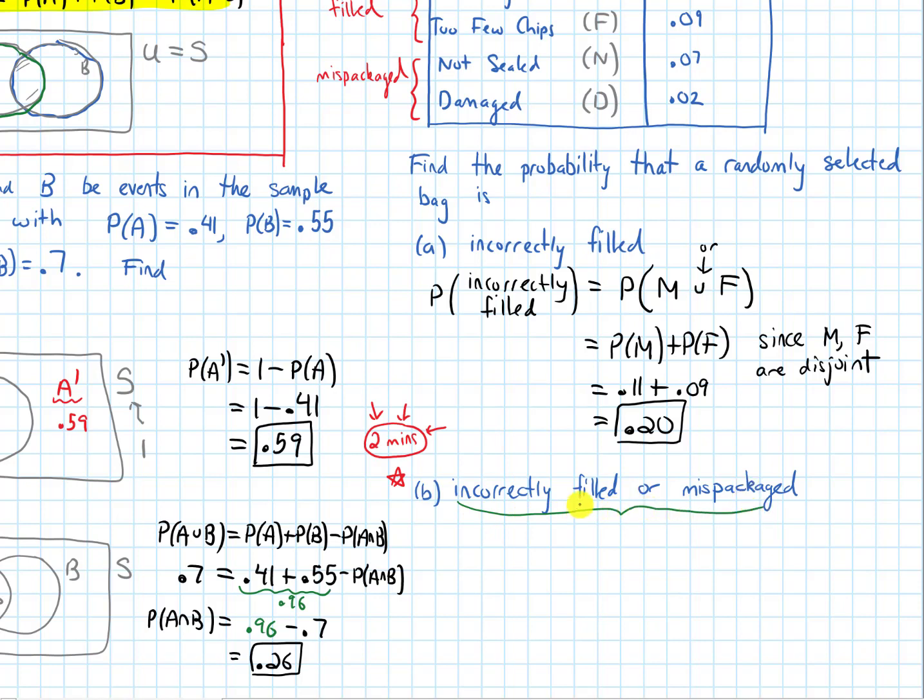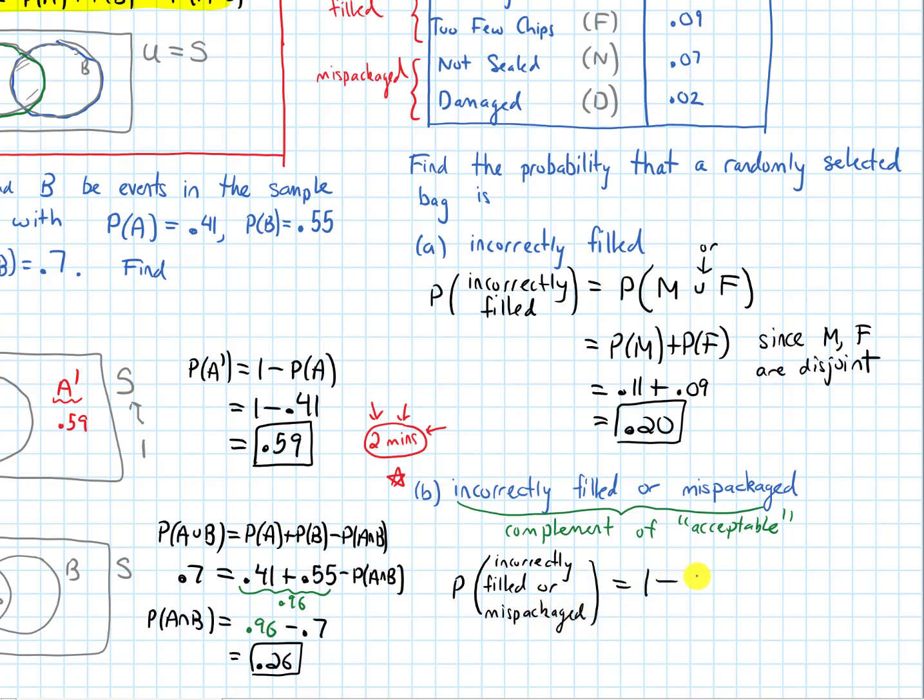When it talks about incorrectly filled or mispackaged, notice that this is the complement of acceptable. If it's incorrectly filled or if it's mispackaged or both, it is definitely not acceptable. So part B is talking about the complement of the bag being acceptable. So if we want to find the probability that the bag is incorrectly filled or mispackaged,